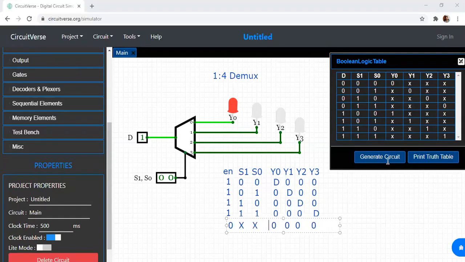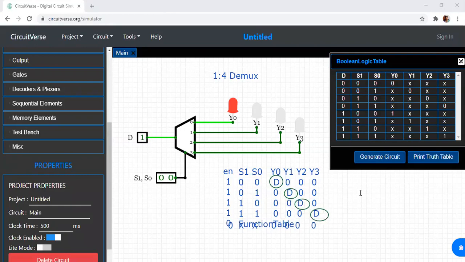Now you should see how the logic diagram looks for a 1:4 demux. Now how will you draw the logic diagram? First you have to select what is Y0, Y1, Y2 and Y3. I'll write the Boolean expressions.